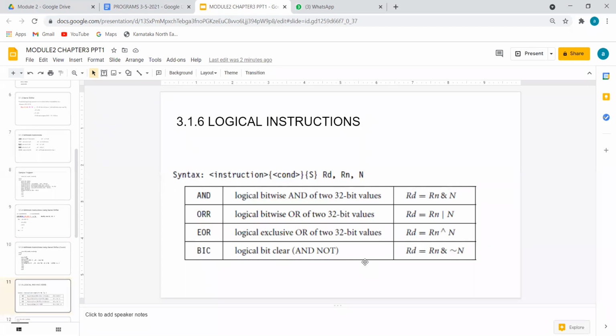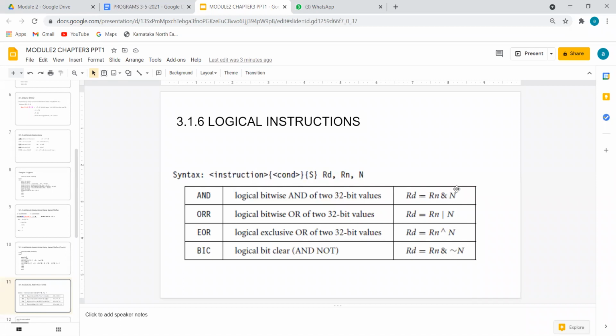Okay. Today we'll go for logical instructions. Please go through the definitions here. I'm not giving the complete definitions, very simple instructions. Both operands are converted into 32-bit in all the instructions of logical type. Okay. Then comes RD, RN, number N. You can say number N, or you can take RS2. This is RS1, this is RD, register destination, register source 1, register source 2. So if you replace this by register source 2, everywhere you will get RS2.